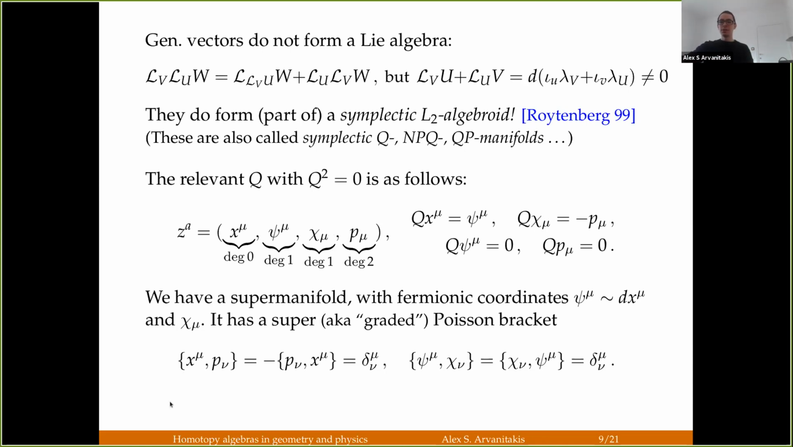And you let p have degree 2, so it's bosonic, so this is still an ordinary Poisson bracket. But the fermionic variables, you declare them to have degree 1. And you declare the bracket to be a super Poisson bracket, so that the Poisson brackets of odd elements are symmetric. So you can view this as the fact that psi and chi under the Poisson bracket are each other's Grassmann derivatives. So with these degree assignments, the q that has q squared equals 0 and gives you an L-infinity algebroid is this very simple expression. So q x is psi, or